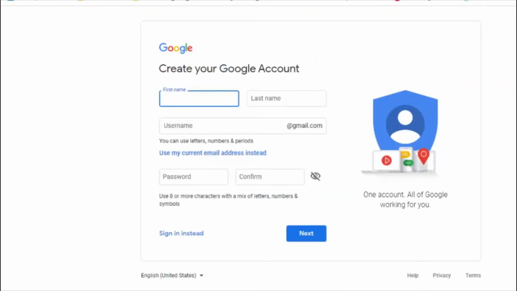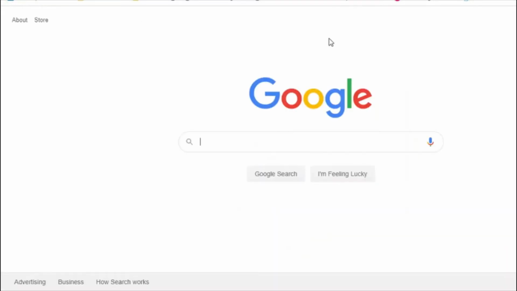Now Google is giving an option to create your Google account. So enter a first name, last name and email ID, enter your password and click next. You'll be created with a new account. Okay, if you already have a business with Google...